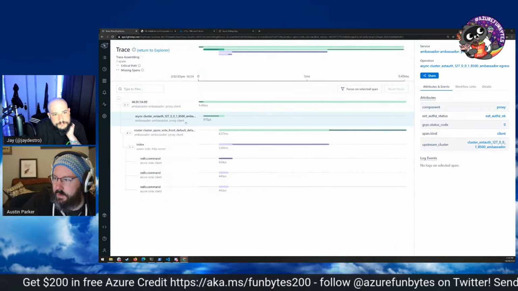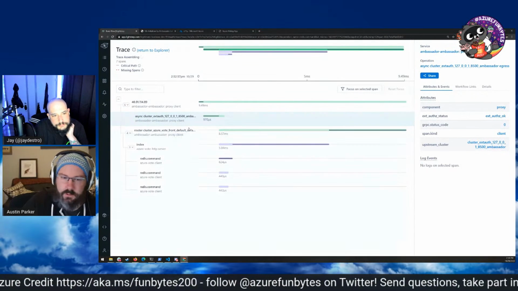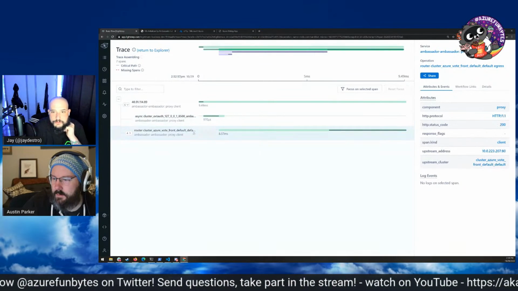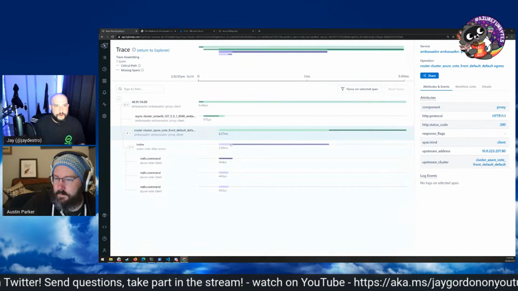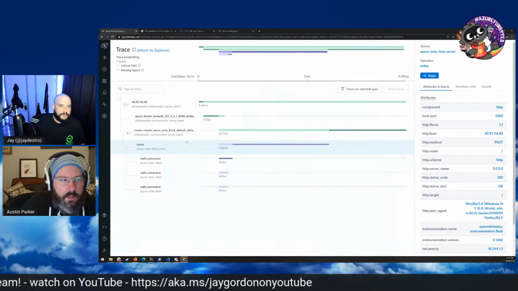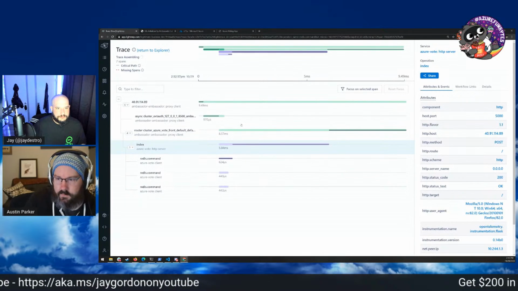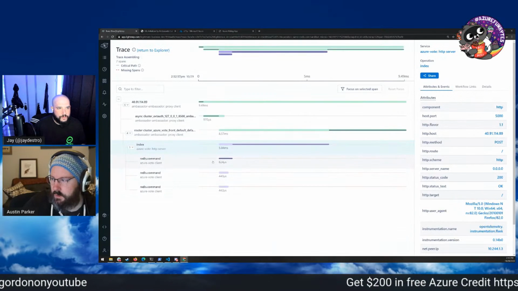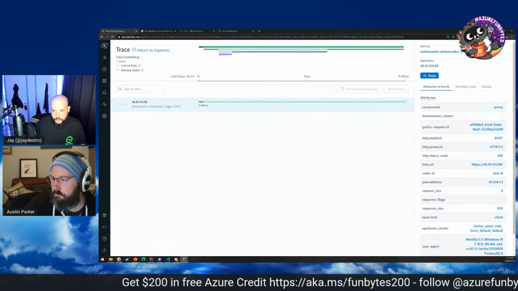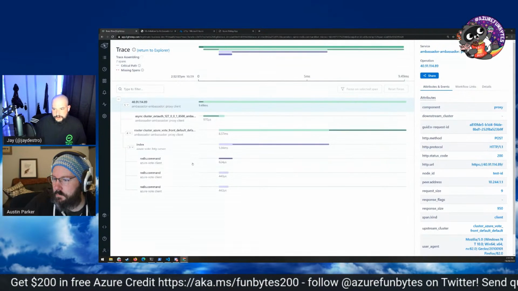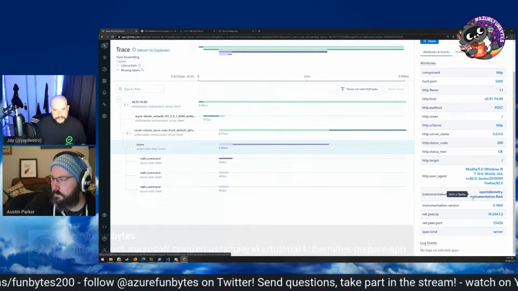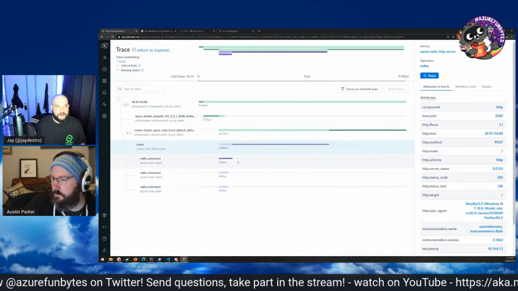We can see it doing an authentication step, which everything's authenticated. And just to remind everyone, this is using the standard voting app for Azure. Let me find that Azure voting app. Yeah, AKS. There's a fork of it that I have that has the OpenTelemetry code in it, but this is the actual tutorial right here. Let me share it for everybody. If you want to actually use the prepared app, it's right there, that tutorial.